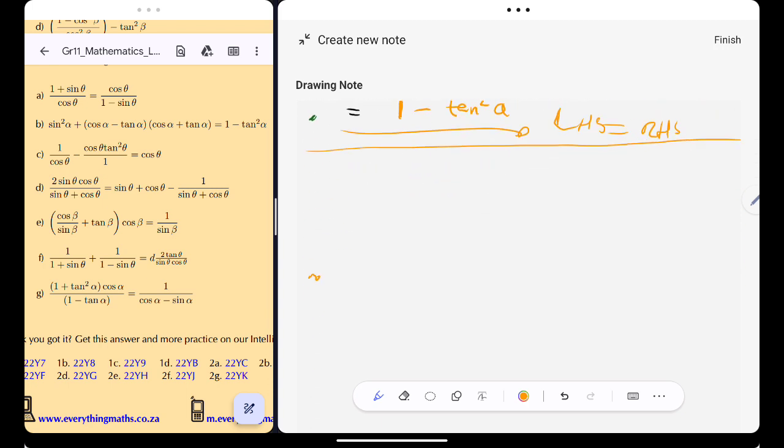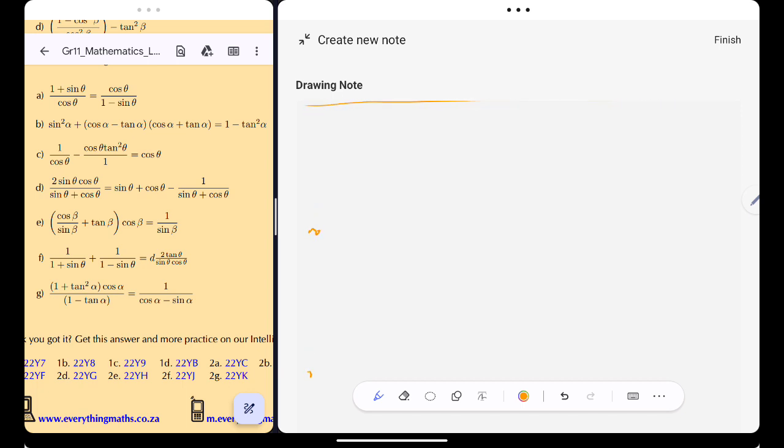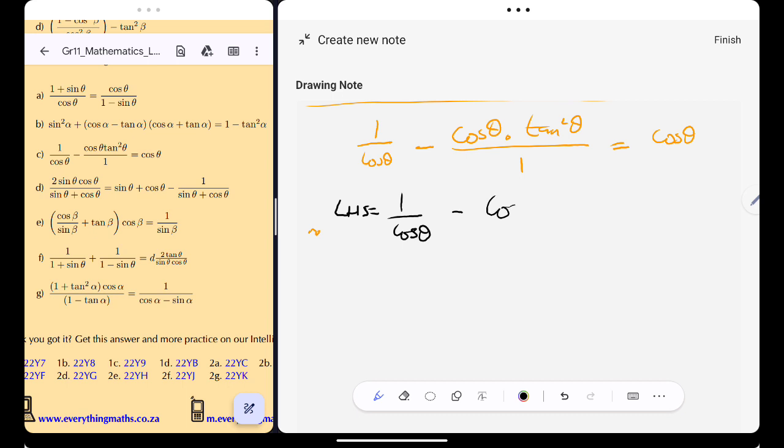Okay, and then now maybe this one will be a bit interesting. I have 1 over cos of theta minus the cos of theta multiplied by tan squared of theta all over 1 is equal to cos theta. I'll simplify the left hand side. I have 1 over the cos of theta minus this thing divided by 1, so I don't need to divide this thing. I'll simply write cos of theta,